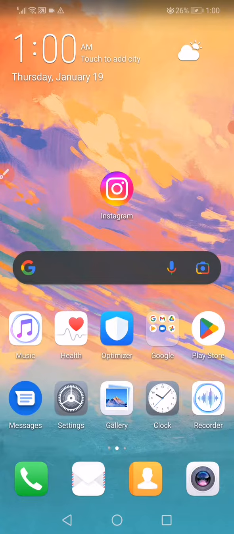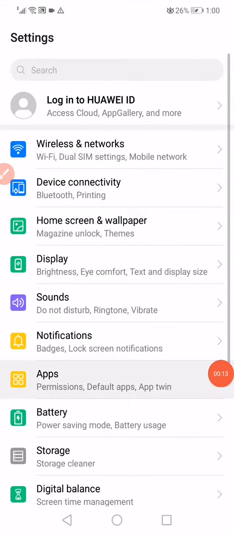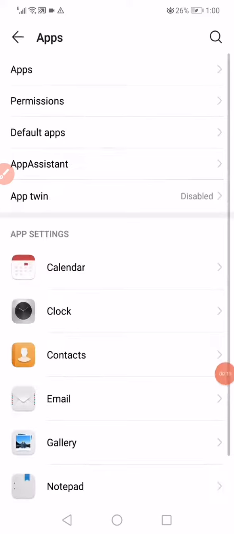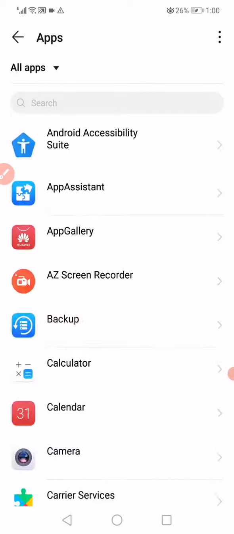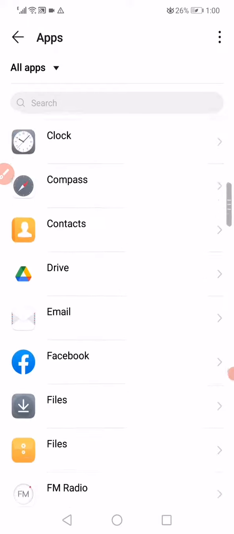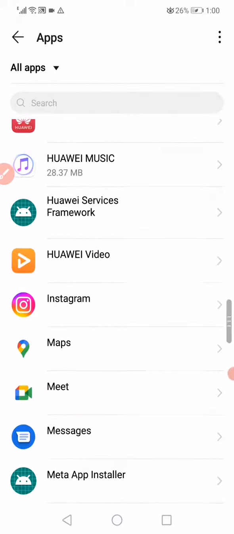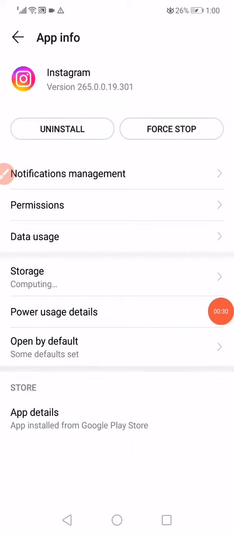Hello guys. So first thing you want to do is go to the settings on your phone and then open the apps manager and go to the apps like this, and now you have to wait a few seconds. It will start loading the apps that you have on your phone. After that you have to go into the Instagram right here and click on this force stop